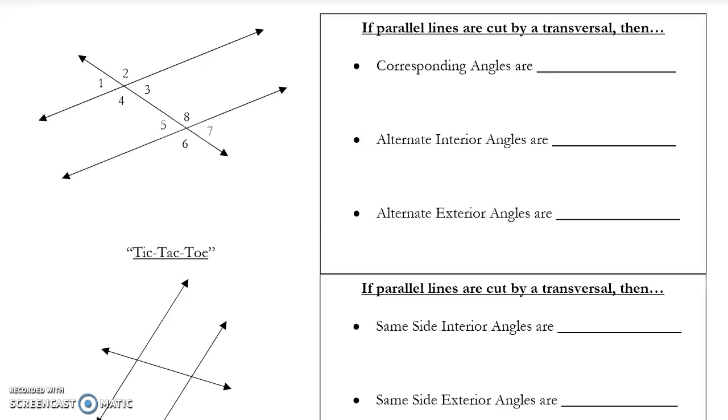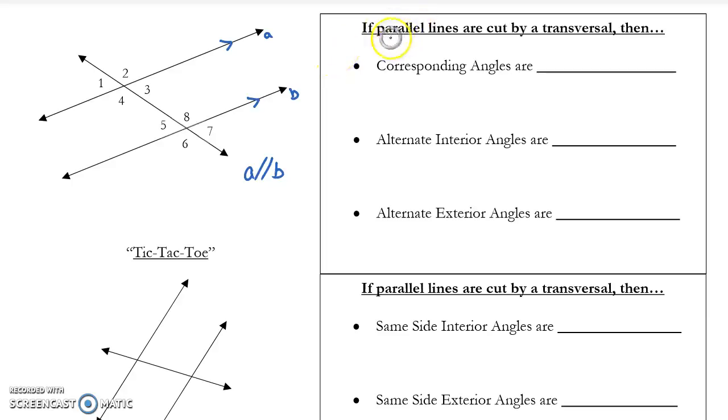The focus of this video is to understand what to do when I am given parallel lines. So again, this has to be when I'm given parallel lines. So in this diagram, these arrows here I just drew in would indicate that my lines A and B are parallel. So A is parallel to B. We need to understand and remember our angle pairs and their relationships in order to decide what equations to set